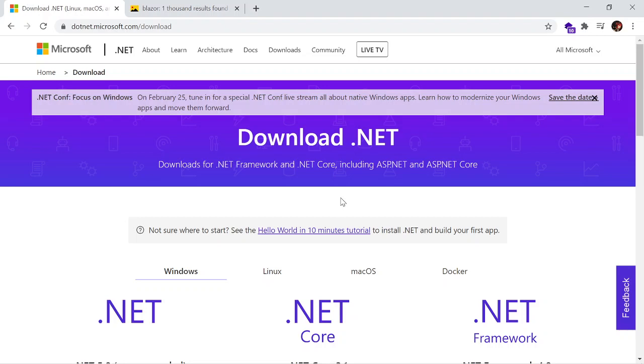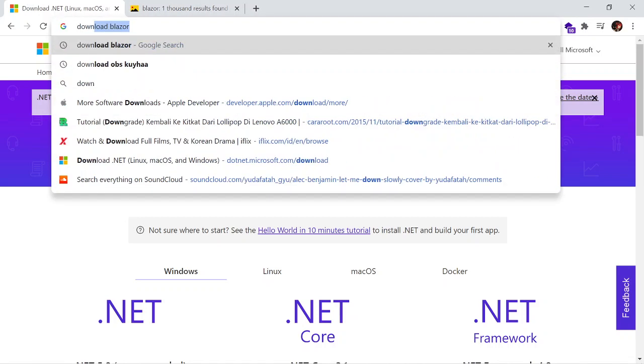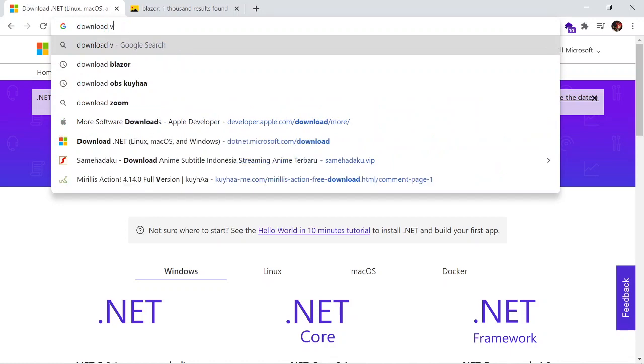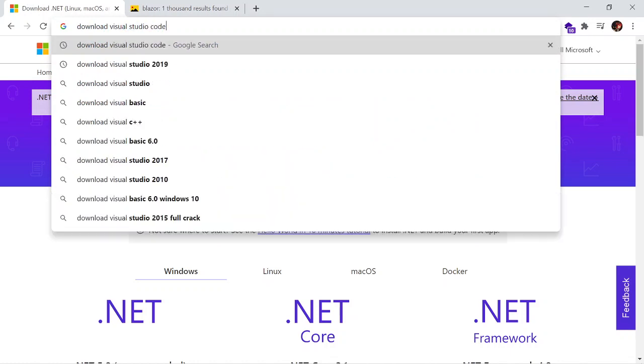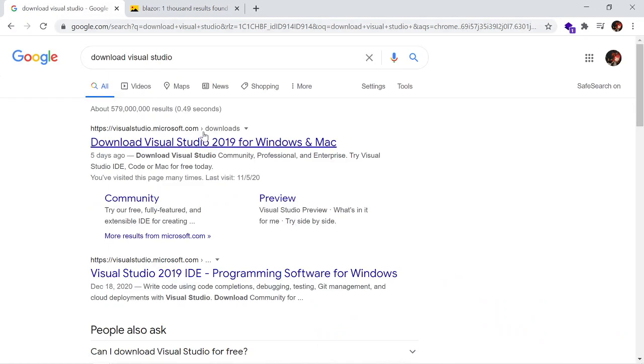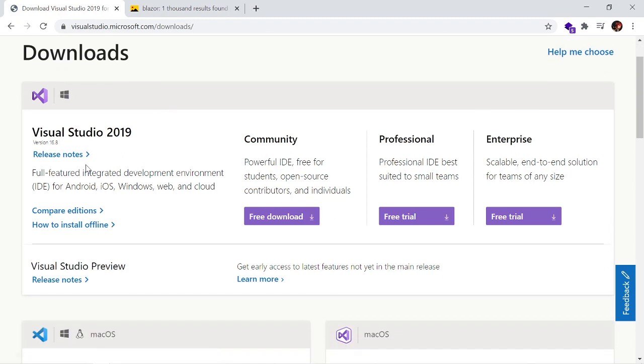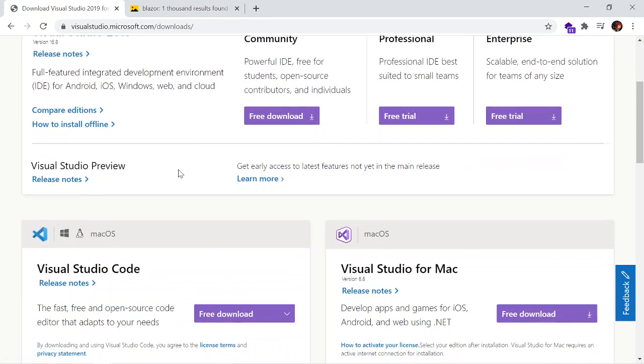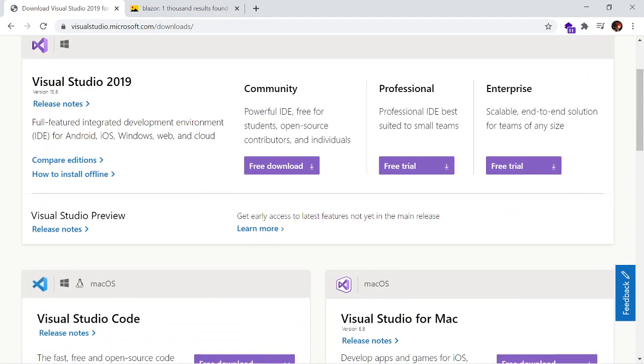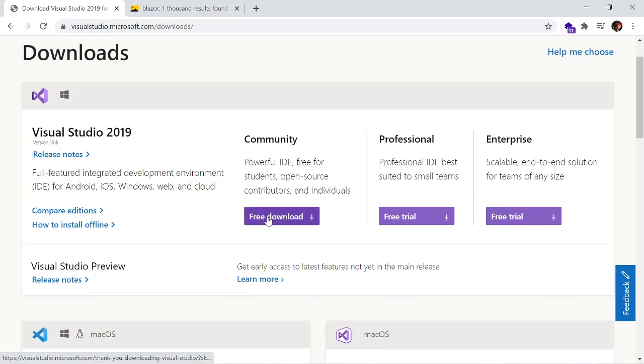And the Blazor SDK is already packed in Visual Studio. Visual Studio can be downloaded here, and it already includes Blazor.